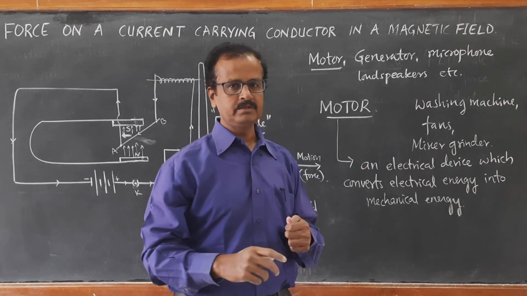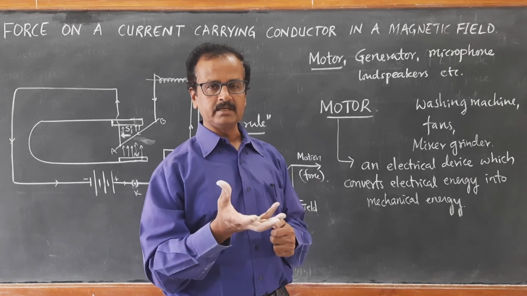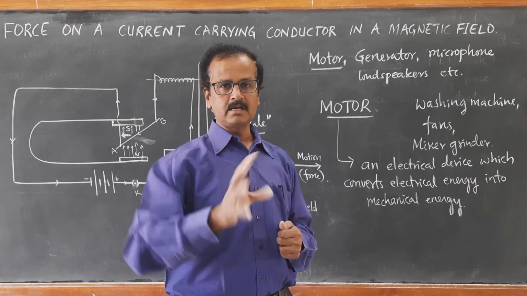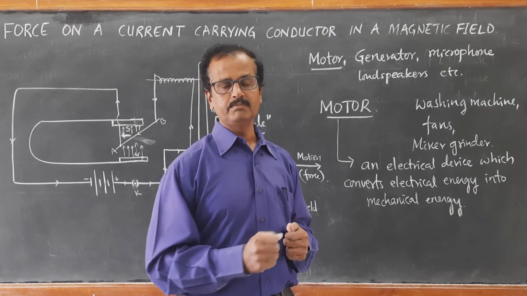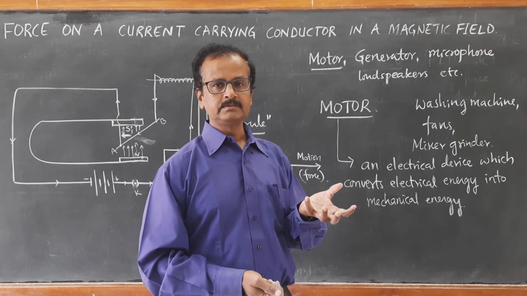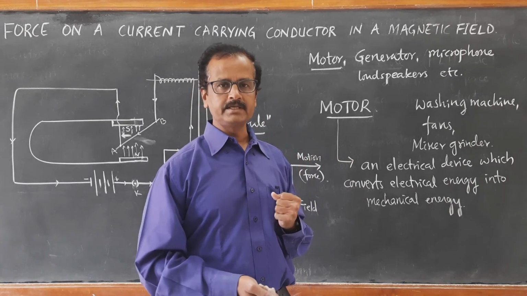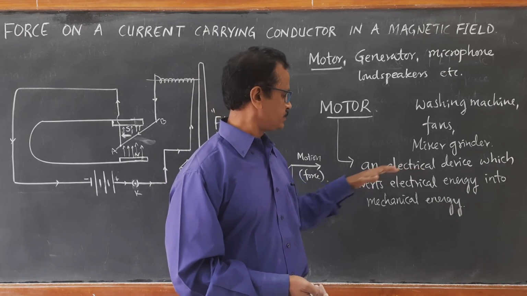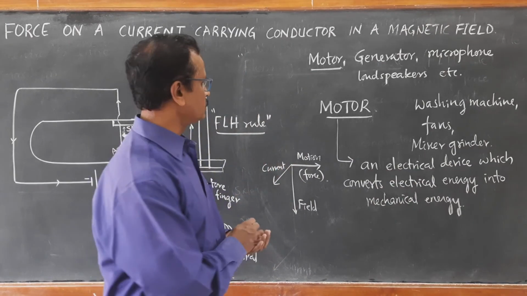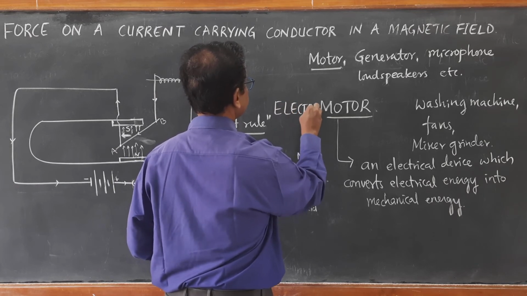In the case of a washing machine, the moment you switch it on, there is a drum inside. The drum starts rotating with the supply of water. The drum is connected to a motor. Okay? So the rotational motion of the drum is kinetic energy, which in general we call mechanical energy. So an electric device which converts electrical energy into mechanical energy is called an electric motor.